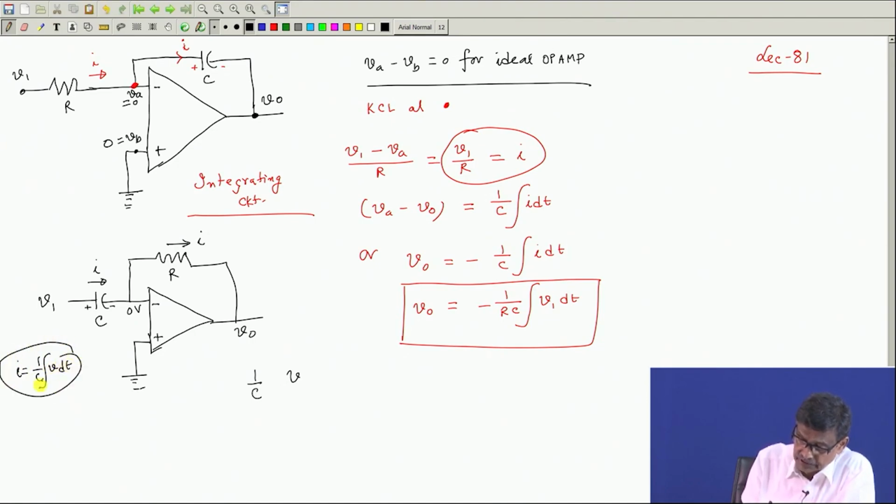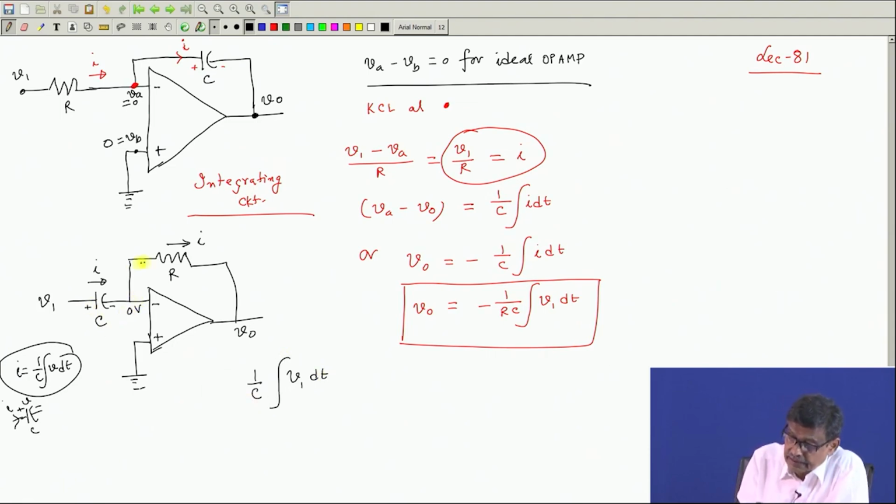This is the rule for the capacitor. If this is I and this is the voltage V, that is the rule. So, C times the derivative of the voltage of this point with respect to this, V1, this will be the current,